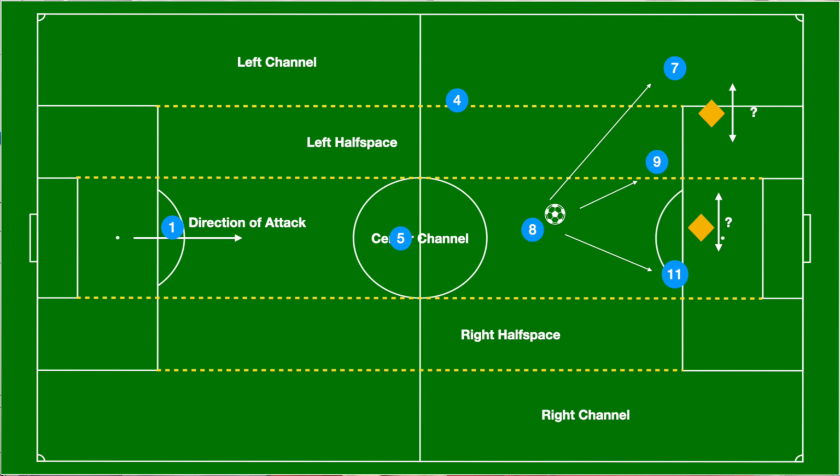And that's the beauty of the half space, is playing balls through the half space or making runs into the half space naturally creates angled passes and angled approaches for the ball. And anytime there's a diagonal on the field, it makes it difficult for defenders because they have to choose, do they go towards the player who has it, or do they go towards the person who could potentially receive it? And when that ball moves diagonally, it's cutting off both depth and width as it moves,